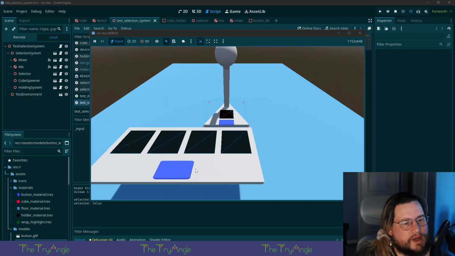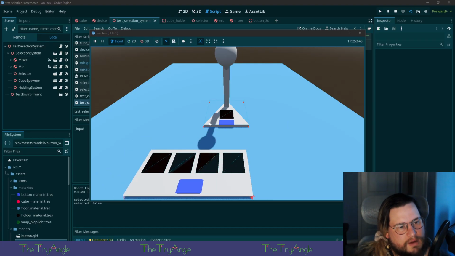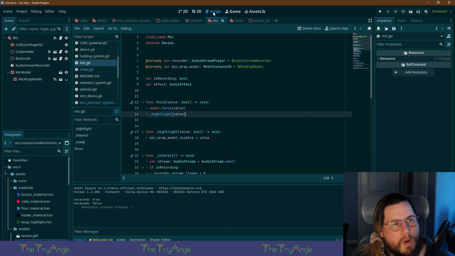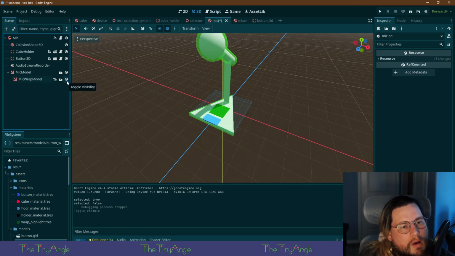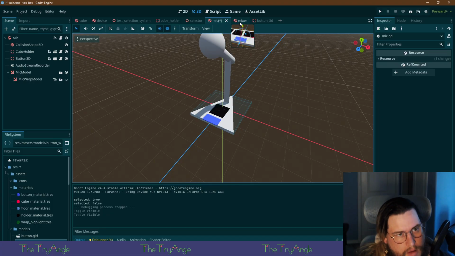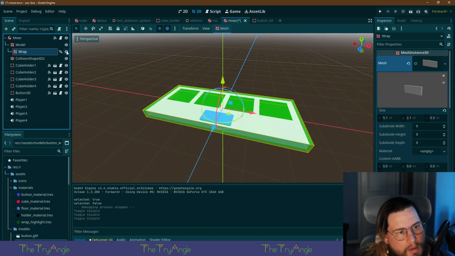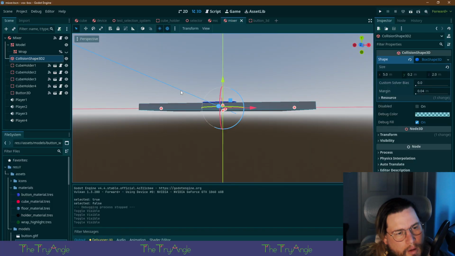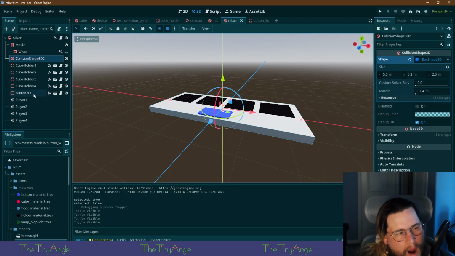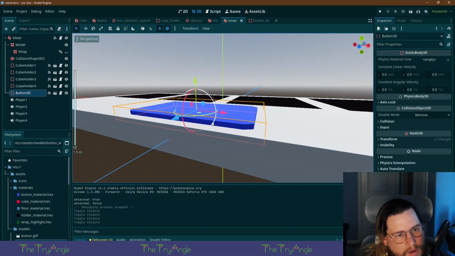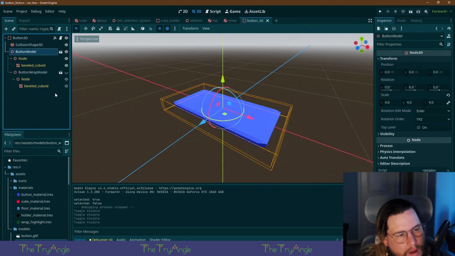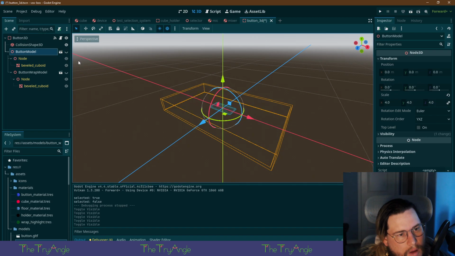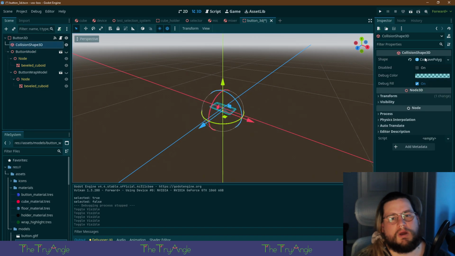Oh, this one highlights just fine. This one still doesn't. Oh shit, the collision shape.